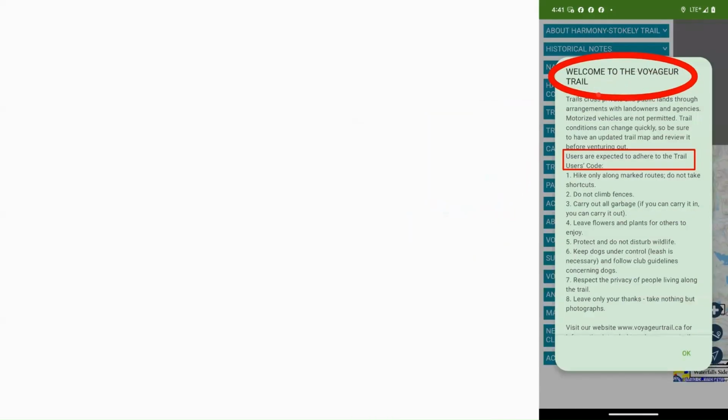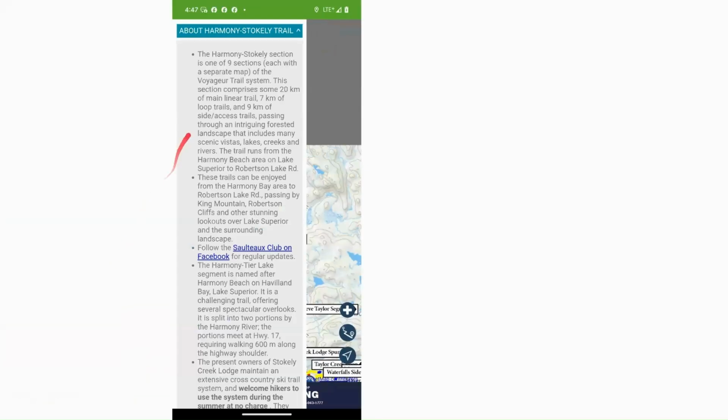You'll see a little welcome screen here that gives you a little bit of background, but the critical thing here is the trail users code that our trail users are expected to follow. You can tap off of that or just click on OK to get rid of that. And then you'll see this. This is a kind of slide out that comes out from the left side of the screen with a group of drop-down menus. You can click on any of these and you'll get quite a bit of information